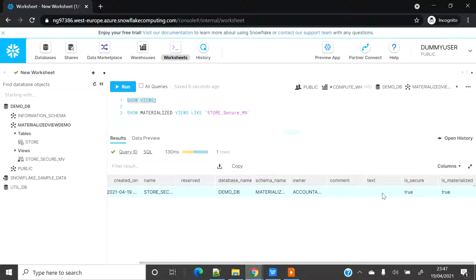And if it's unsecured, any user will see the definition of the view. But you have to keep one thing in mind: when you make the MATLAB view secure, you are also adding a performance penalty, because the secure view has to do some extra work to make it secure. So if you don't have any specific requirement to make it secure, always use the unsecured view, and if you have a specific requirement, then only switch to secure mode.